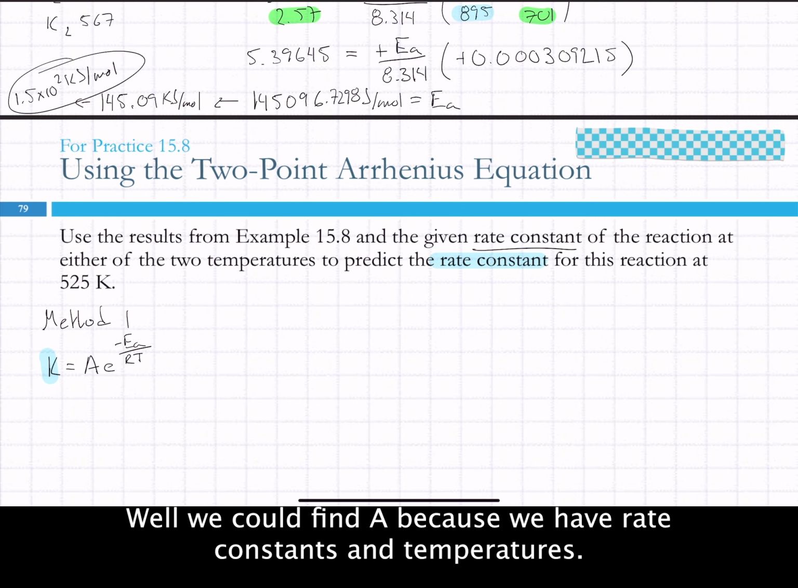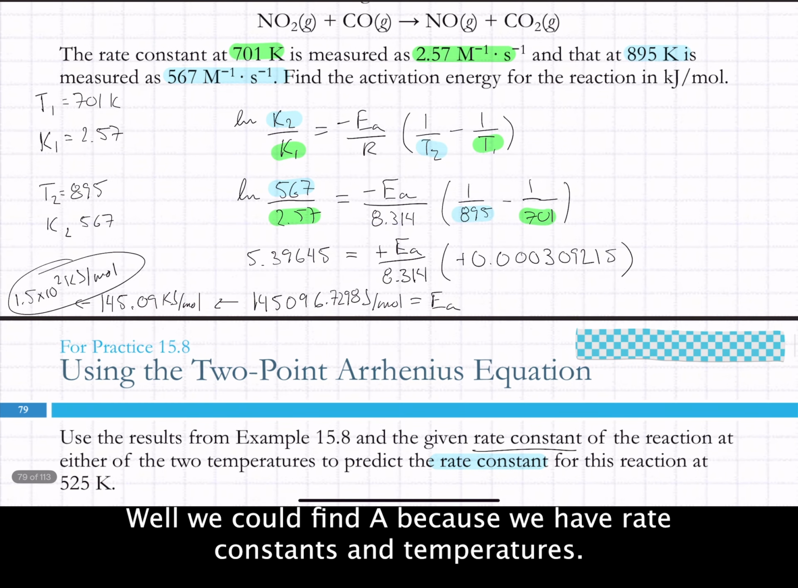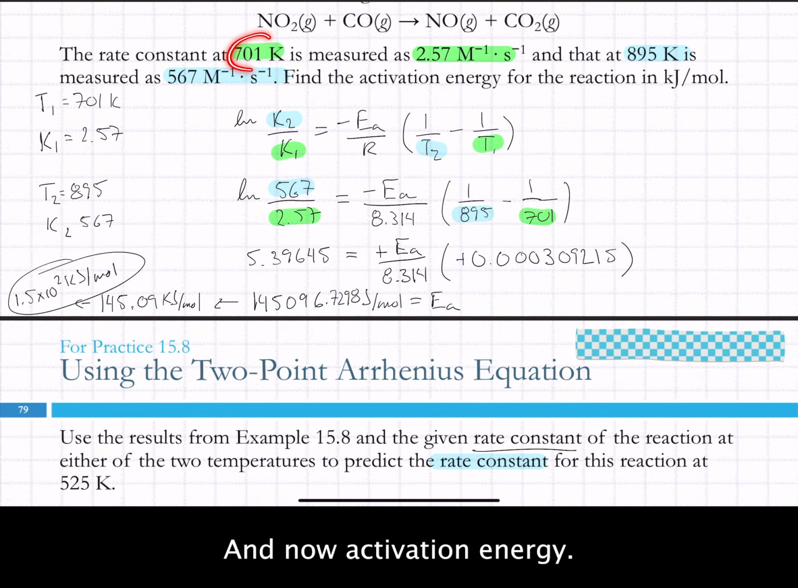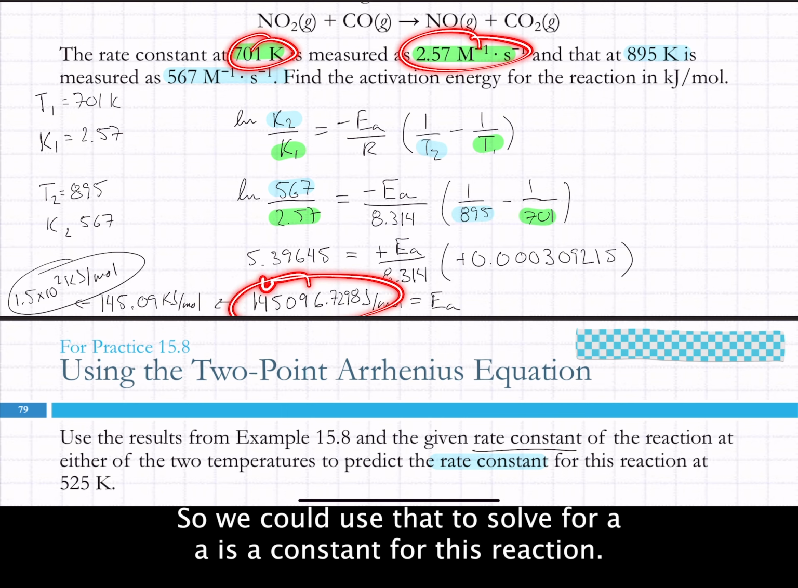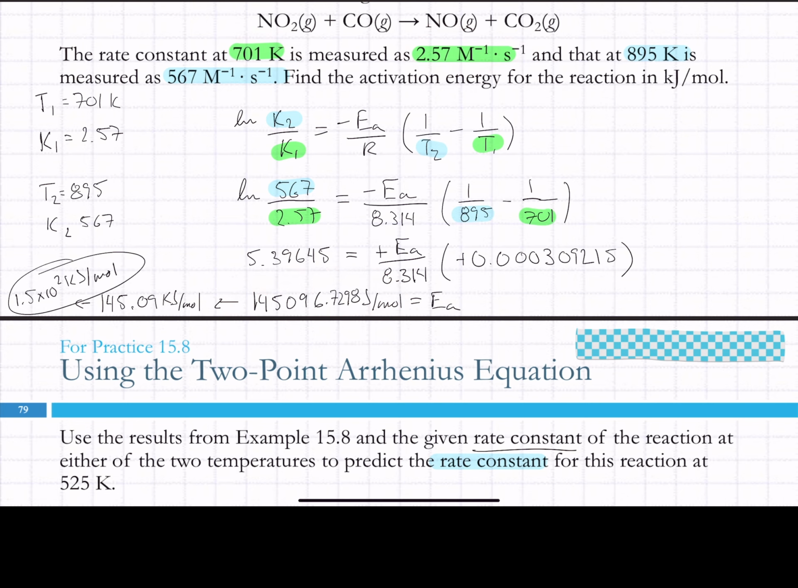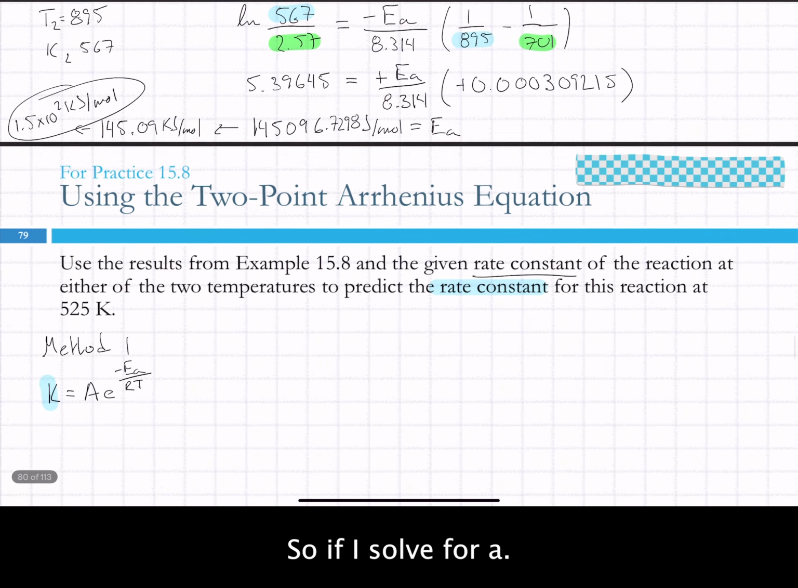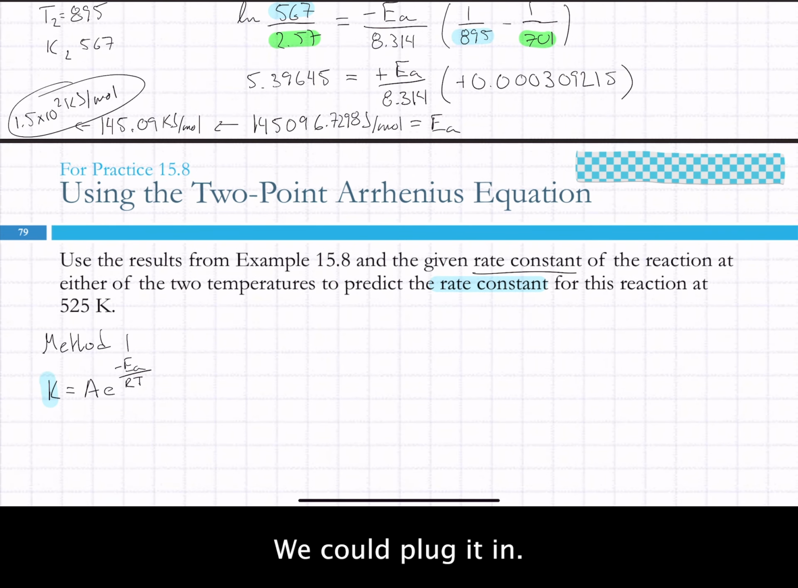Well, we could find A because we have rate constants and temperatures and now activation energy for our other two temperatures. So we could use that to solve for A. A is a constant for this reaction. So if I solve for A, we could plug in